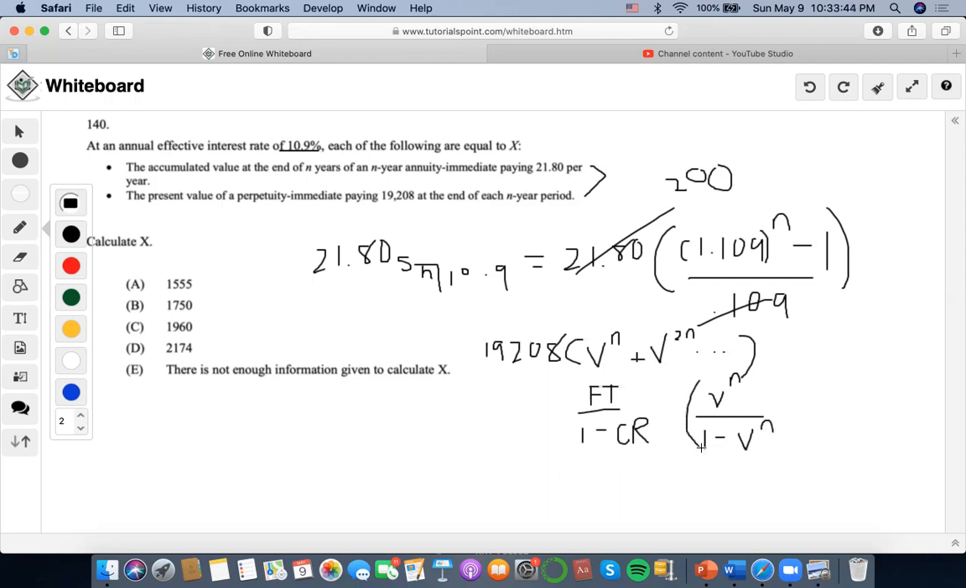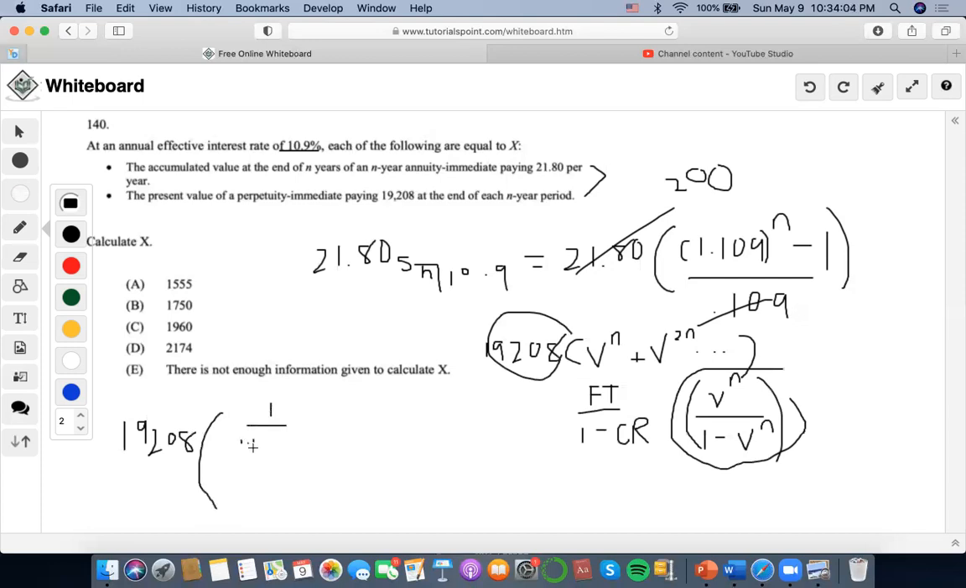So now we have to get this all together, and we're going to set it equal to this equation that we have here, right? So let's rewrite it here. So this is 1 over 1.109 to the n over 1 minus 1 over 1.109 to the n, right? So now let's simplify this. So if I were to put this together, it would be